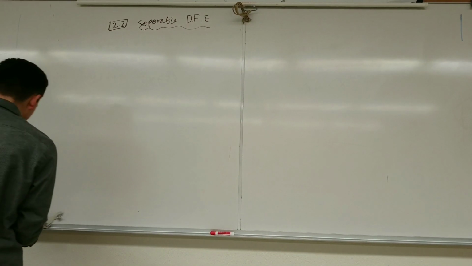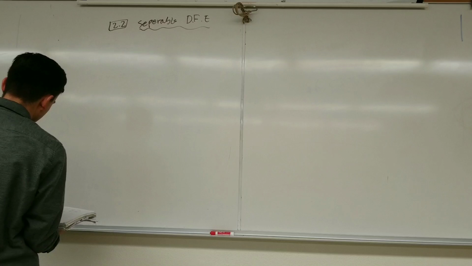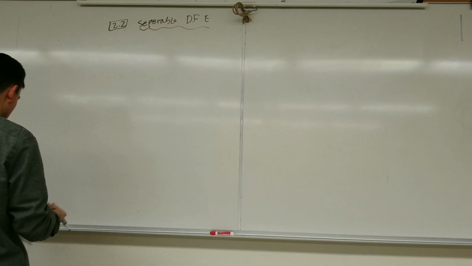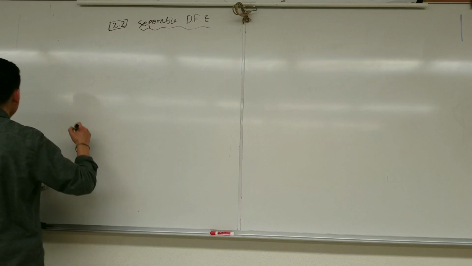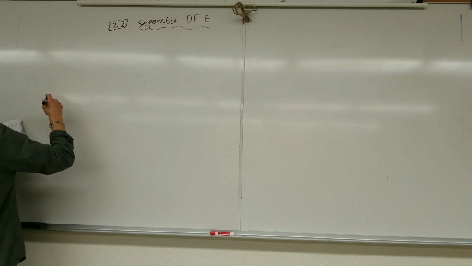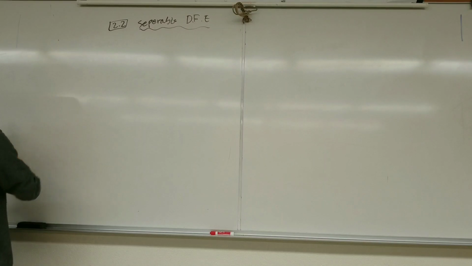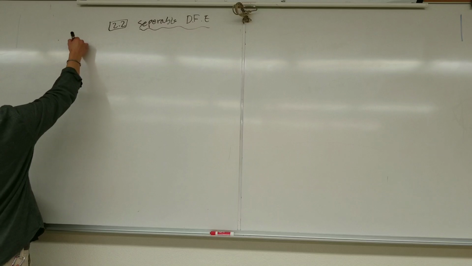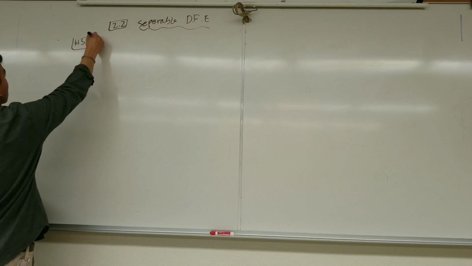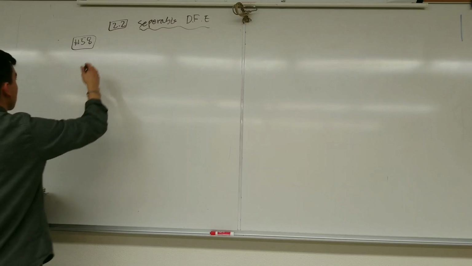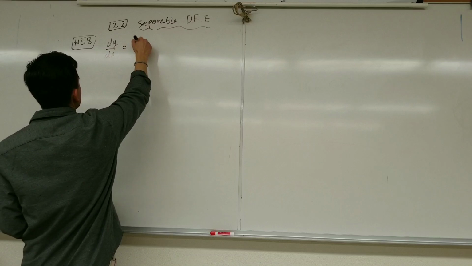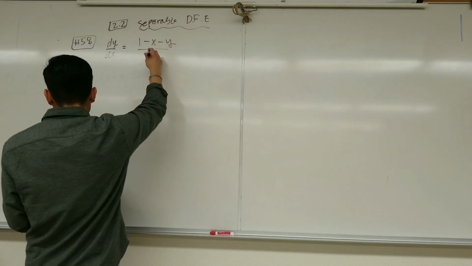All right, so let's look for a juicy problem. I guess this one's good. It's pretty long. Ah, this one's a really good one. So in the book, it's going to be number 58. If we have dy/dx equal to 1 minus (x minus y) over (x plus y),